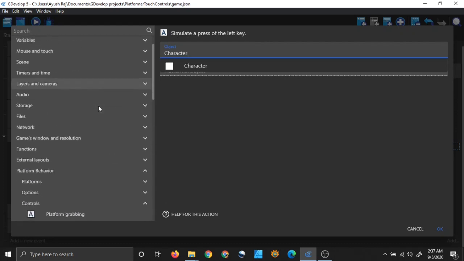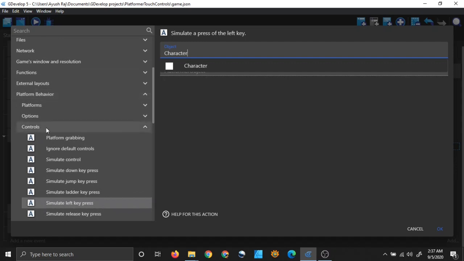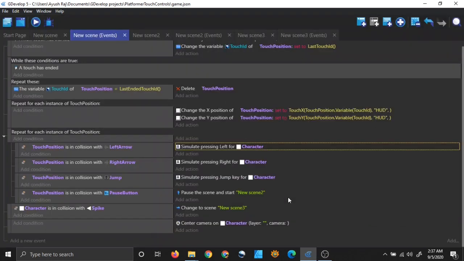You will find it here under platform behavior, then controls, and then you can go for this one, simulate left key press. When you click here you will find this screen, and here you can choose your platformer character. I have chosen my character, right? And similarly I have done this for right key and for jump key as well.